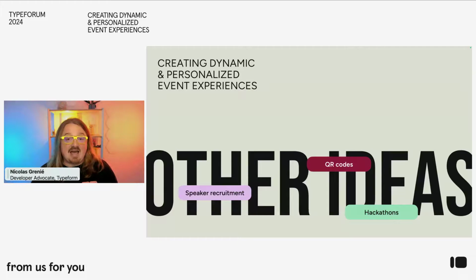Also, you've seen it in hackathons. At the end of the hackathon, everybody gets to submit what they've built. And so this is a way for you to run the demos. And so this is where you ask information about each team, what they've built, which sponsor API they use, all these types of things. So hopefully that gives you an idea of all the things you could do using Typeform